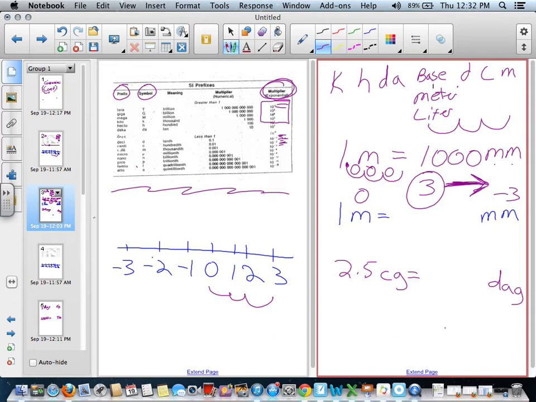So let's do it here. We take the decimal point. Now if you take a look here, there's no decimal point. Well, if there's a number and no decimal point is shown, where is it assumed to be? At the end of the number. So we take a look here, a little dot here represents it. So we go 1, 2, 3 to the right. We put our zeros in for the spots that have no numbers. So then our answer is